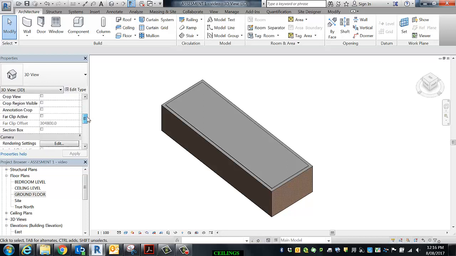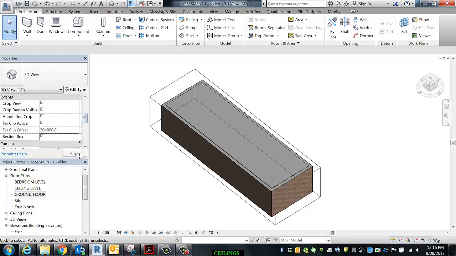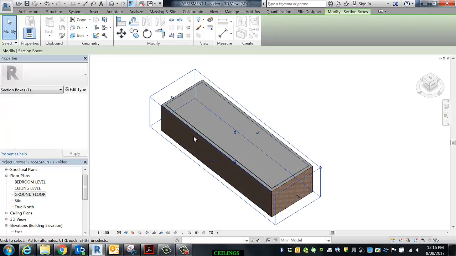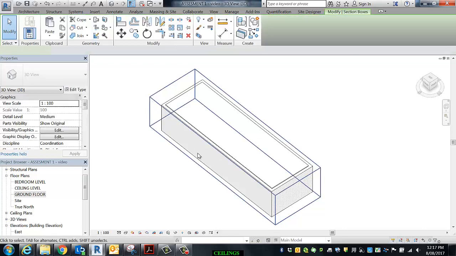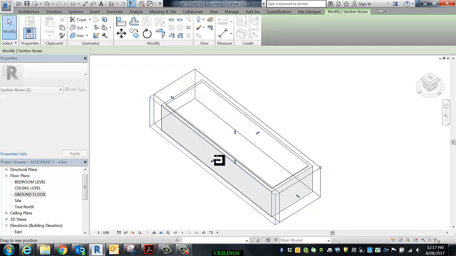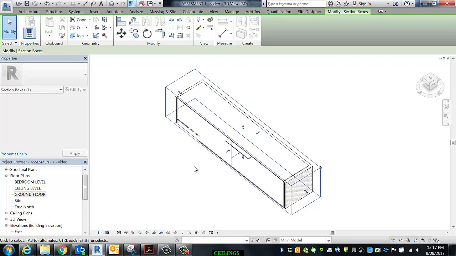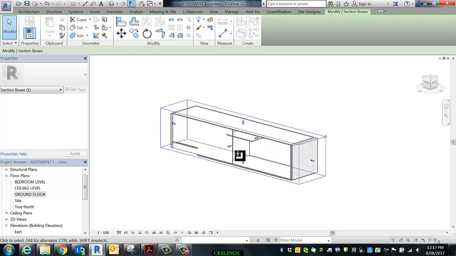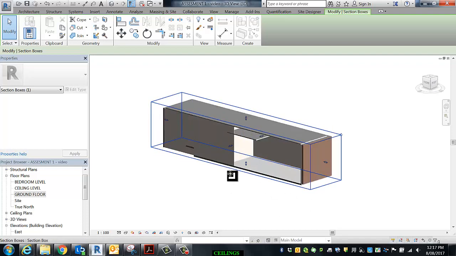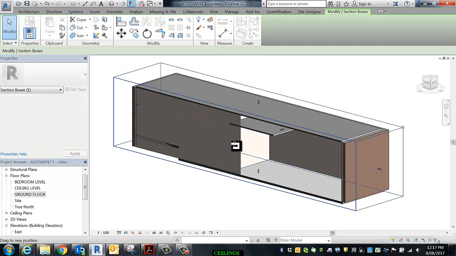I'm going to just check on the section box. And if I click on this section box, can you see I'm just going to change it to hidden lines, HL. You can see these little grip points or controls, and if I click on them, it's like a guillotine, a 6-sided guillotine. The hardest bit's clicking on the blue bit, as you can just see. All right, control, and if I slide it in, I now have a 3D that's cut. I'm just changing it back to shaded view, SD, and I can just start to get a better feel of how this